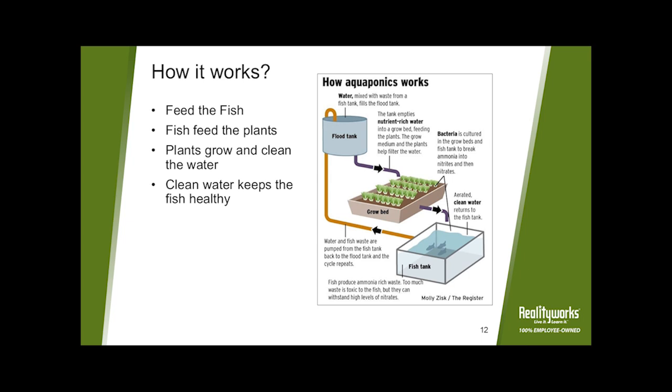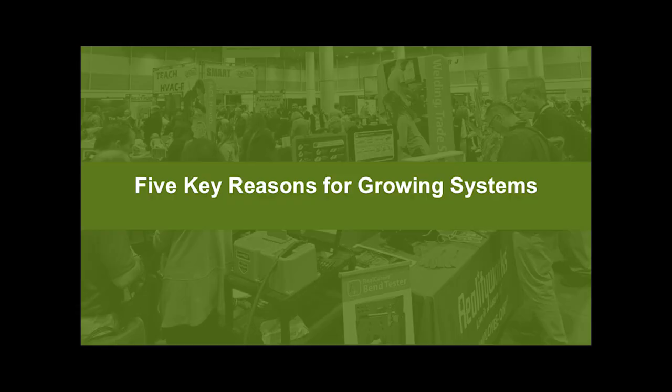You now have not only a source of food with the plants, you also have a source of food with the fish. And so it gives you more sustainability, more opportunities in that case. So let's dig in a little bit to some key reasons for growing systems and the importance and the usefulness